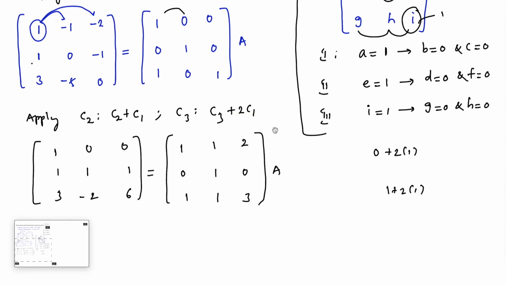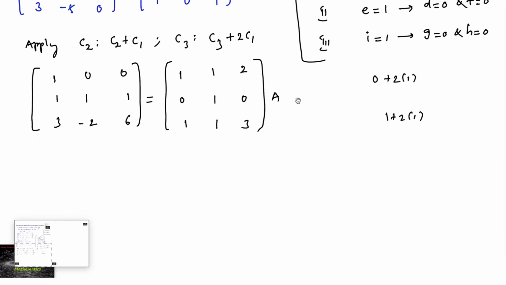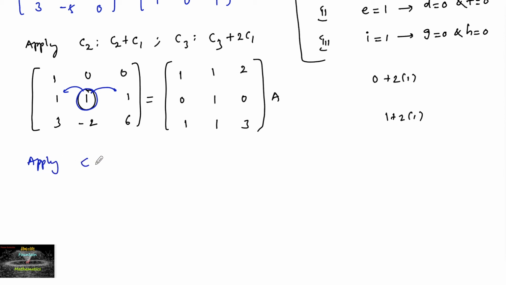And then so we have finished the first step, and then second step we have to make, already this is 1, so the second row second column element it is 1. Now using this one you have to make the remaining two elements as zeros. So let us apply column 1 minus column 2, and column 3 minus column 2,